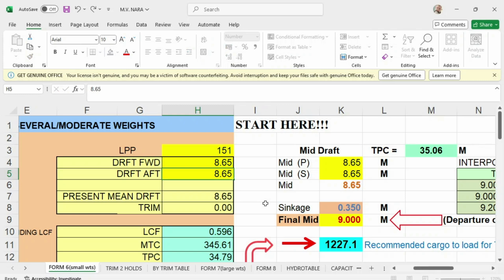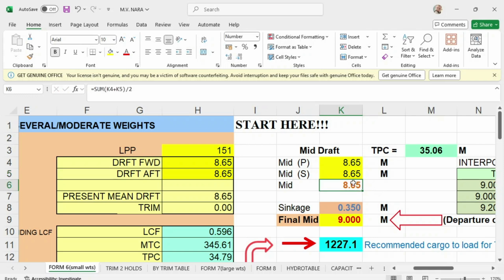Then their actual reading of the midship port is 18.65, for example, and the midship draft starboard is 18.65. No list. So it's an even keel. So forward is 8.65, aft is 8.65, and your midship is 8.65.